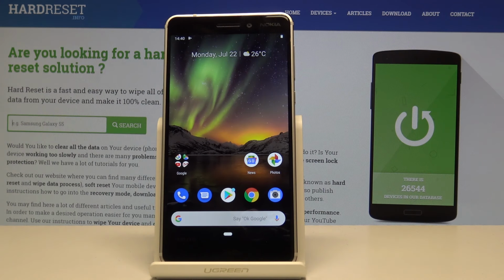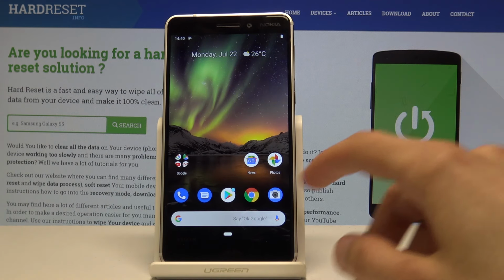Welcome. In front of me is a Nokia 6.1 and today I will show you how to clear credentials on this device. So start off by opening up the settings app